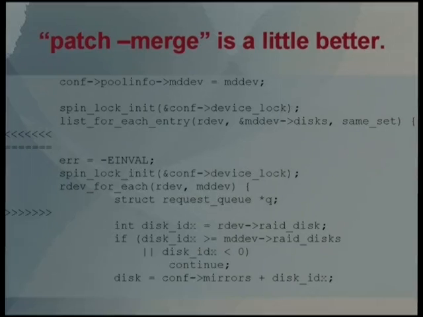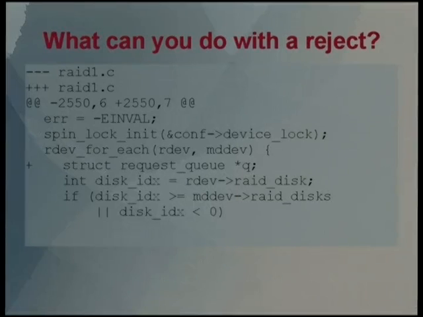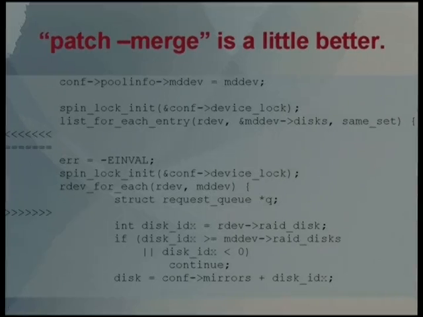And then you can see the added struct request QQ, which was added previously. You can see that thing struct request QQ was added there. Well, you can see it's there as well, so you know you've got to add that. But it looks like you've got to add the error equals dash EINVAL as well, which you don't. So that output of patch is actually fairly poor, unfortunately.